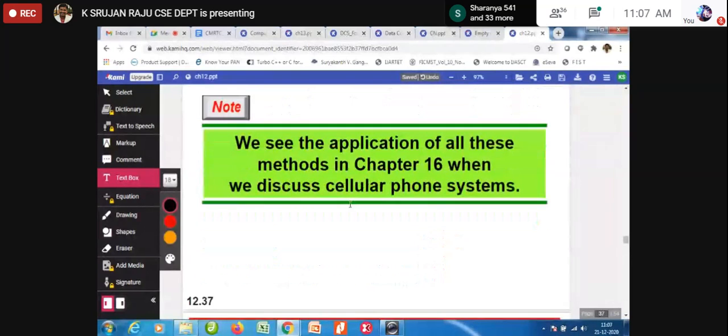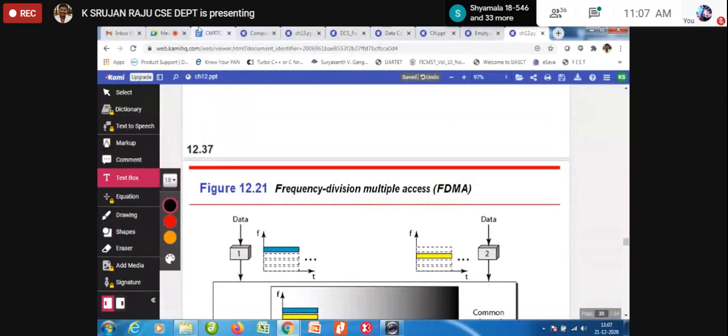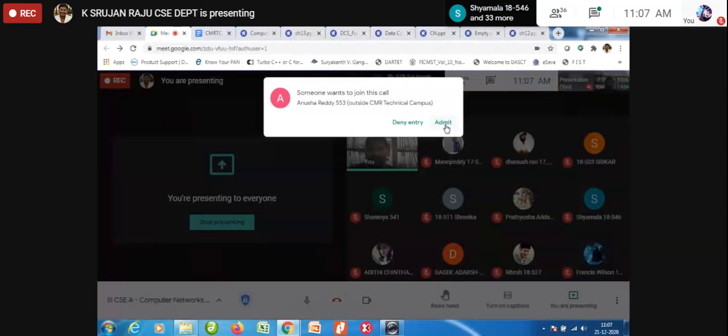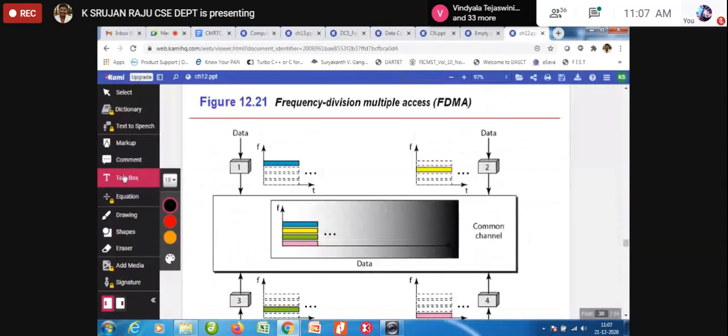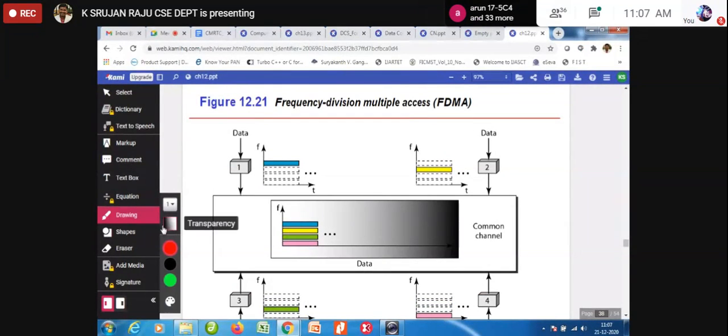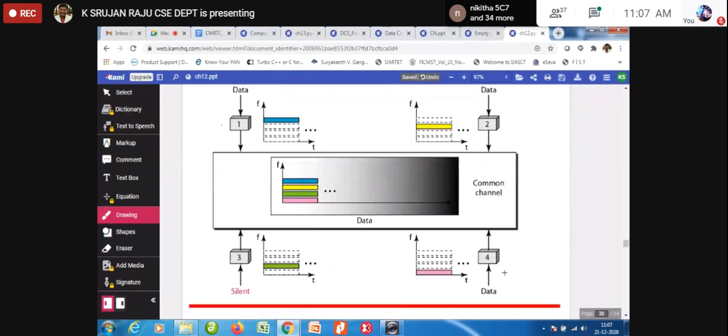When you look at frequency division multiplexing, everyone please try to look at this. If there are four channels, this is one node, this is two, this is three, and this is four.